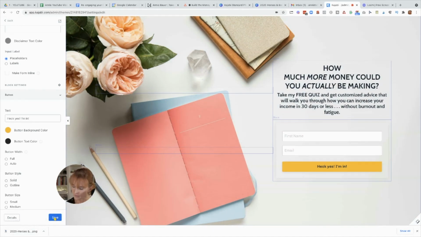And then our very last thing is the background image. So let's say you don't want this background image to be here. And I have already loaded an image for you. So what you'll do is go over here and click in an open space.